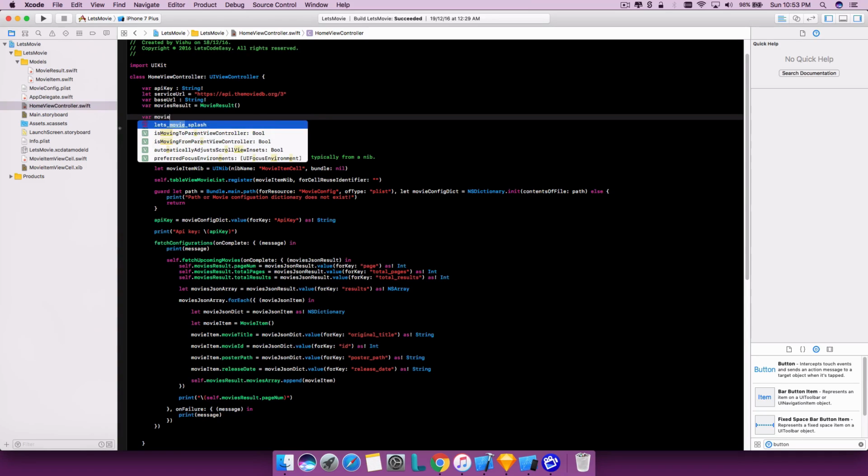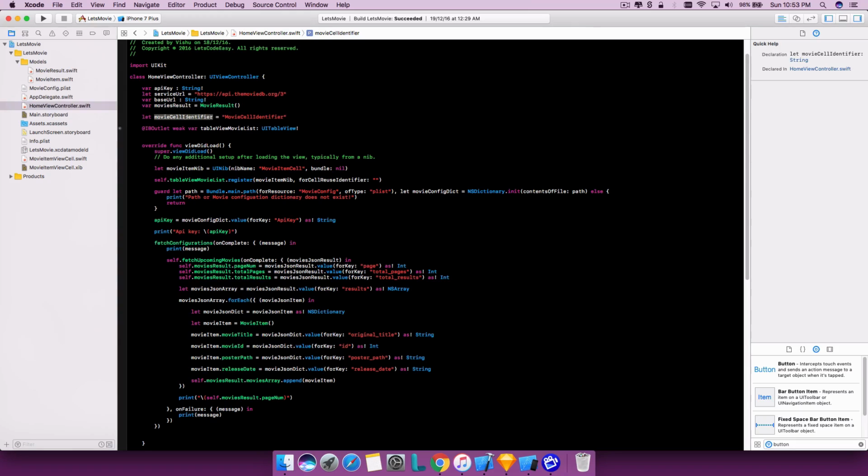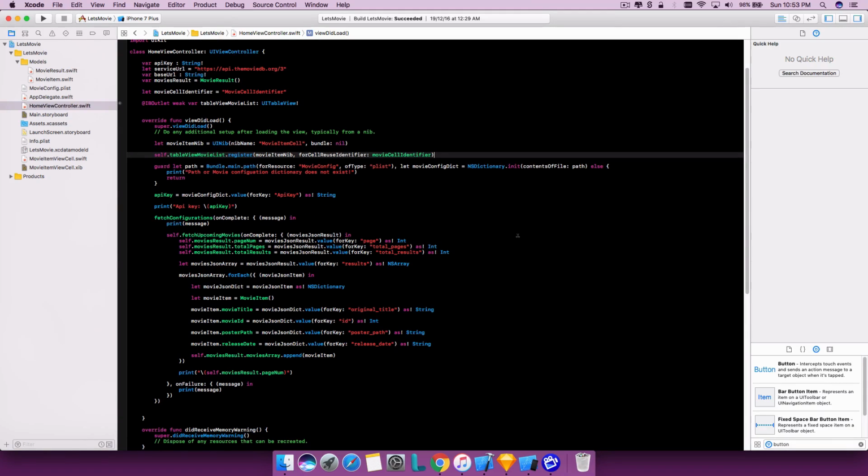Let's call it movie cell identifier. Let's name it movie cell. Can be a let, so it's not going to change. Then let's pass it over here. So we have registered the movie table view list,